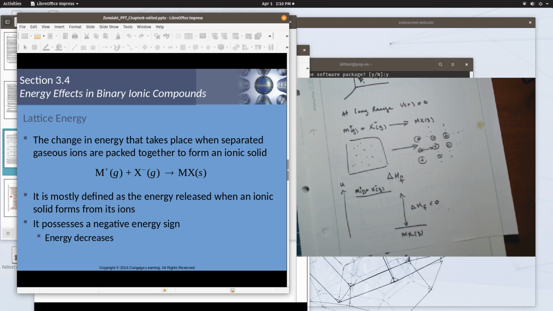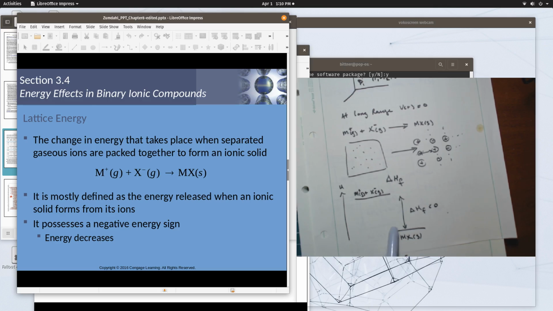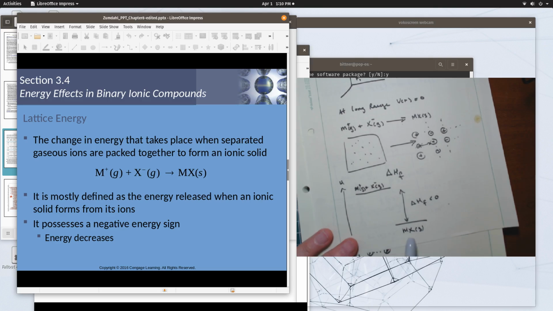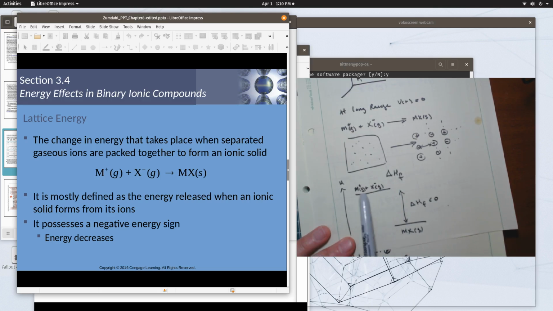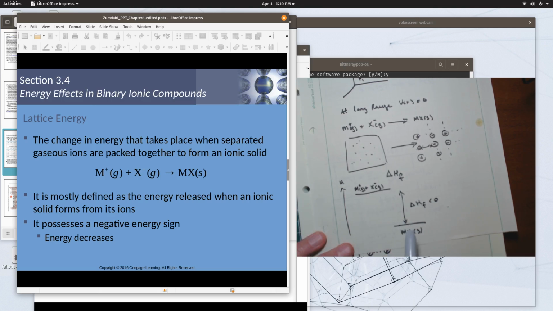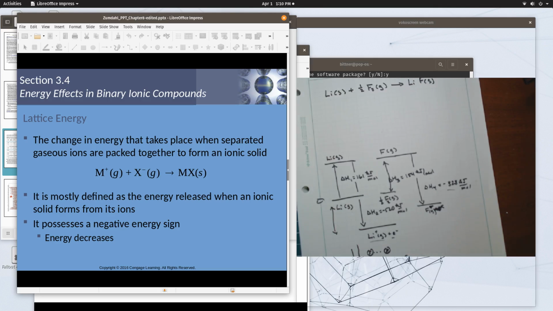So if you look at it the other way around, I could ask how much energy would be required to take sodium chloride, table salt, and fully ionize it in the gas phase? It would require this much energy, the opposite of this. So a very large positive amount of energy would be required to go from here. So this delta H is going downhill, and going from here to here is uphill in terms of the delta H. Okay, so the example we're going to look at is